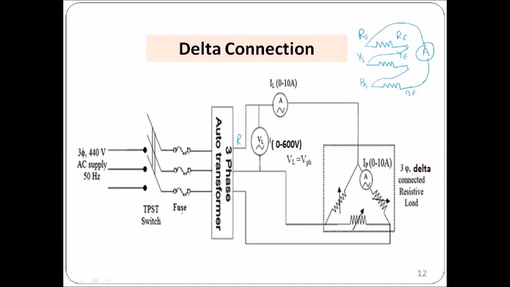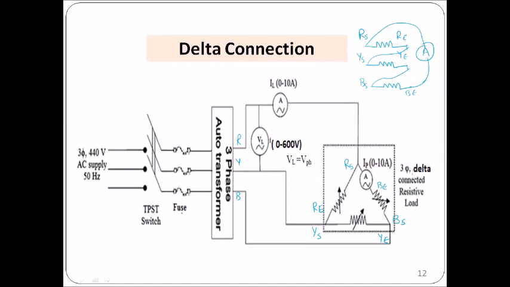This is RYB, the output terminal of the autotransformer. I'll mark this terminal as RS, this terminal as BE. If this is RS, then this will be RE, this will be YS, this will be YE, and this will be BS. These are the terminal notations available at the